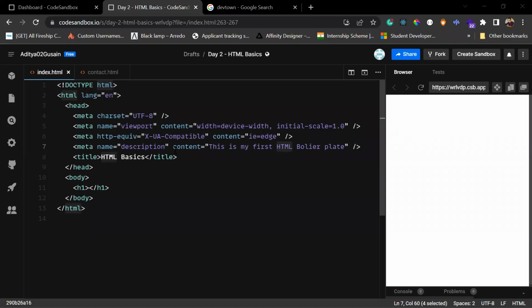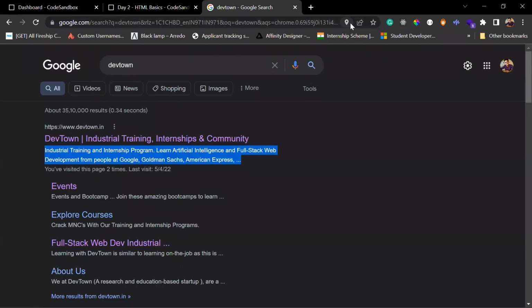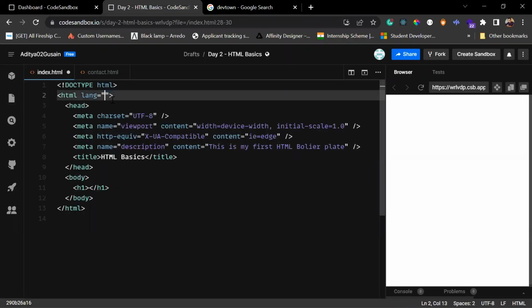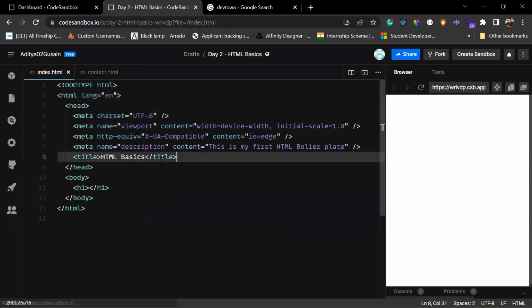No, guys, see this language you see, I didn't talk about it. I skipped it. But yes, this is basically an attribute. It tells you that the language I'm using inside this HTML page is English. If you change it, on websites you might have seen at the top right, you get a translator. What is that? That is for this. It defines which language you have written inside your HTML